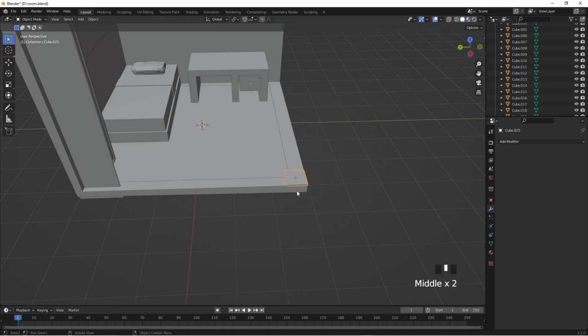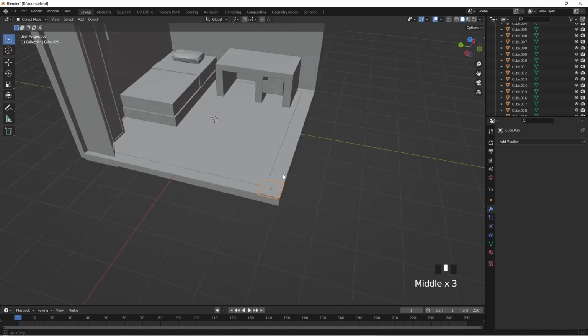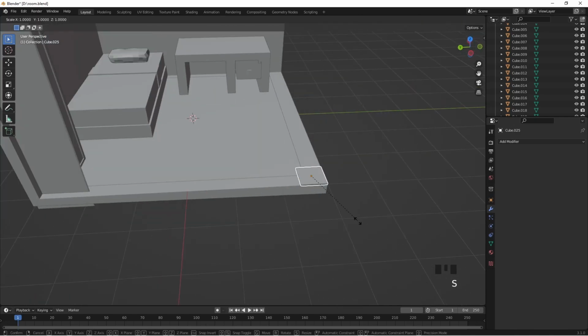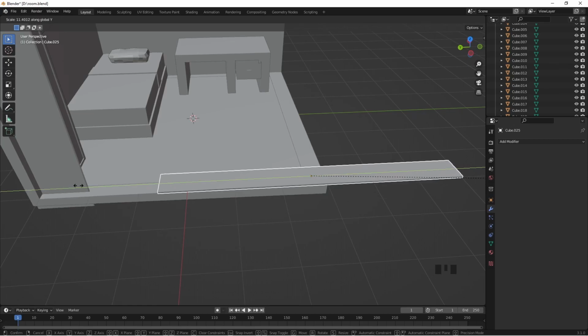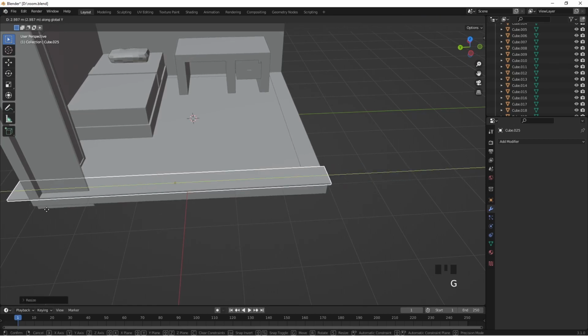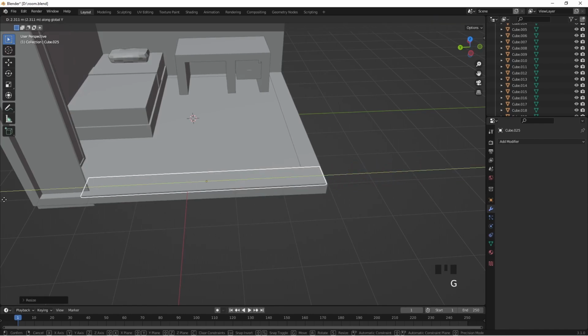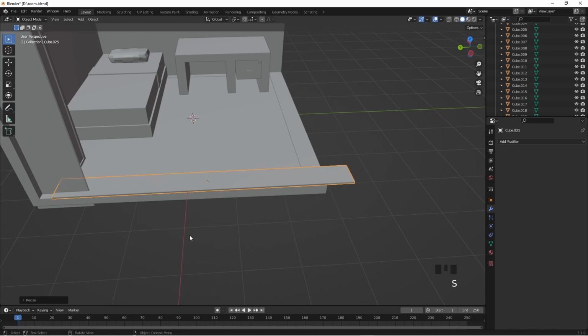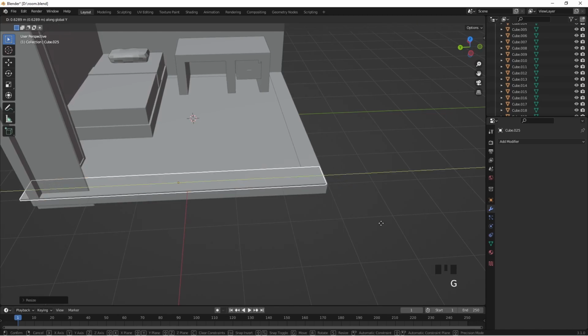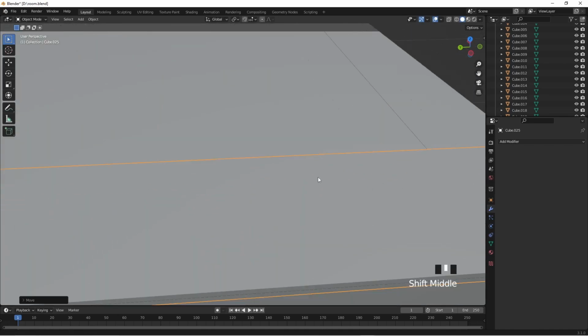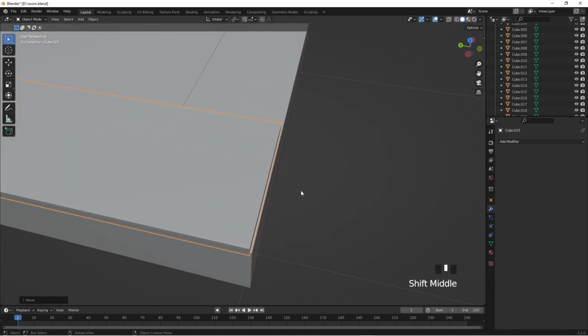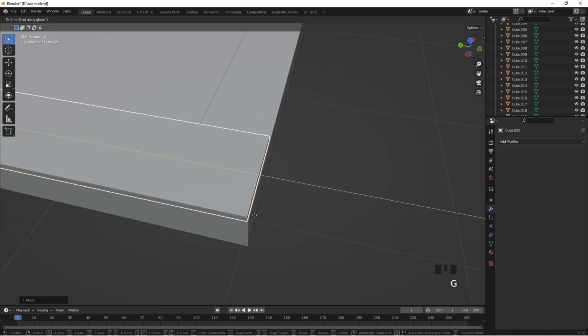So what we're going to do now is scale on the Y axis, grab Y, too big, scale on the Y axis again, grab Y, too short, grab Y, let's let it go through the wall. Nobody's going to see that anyways. So grab Y, grab X,